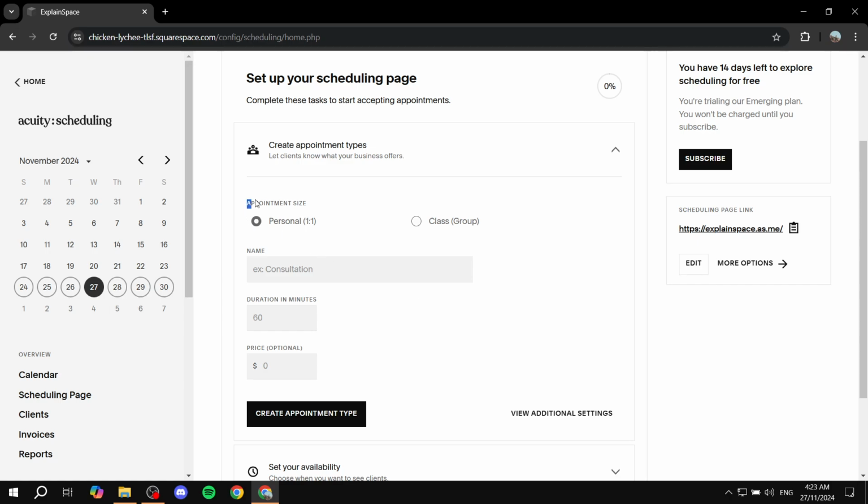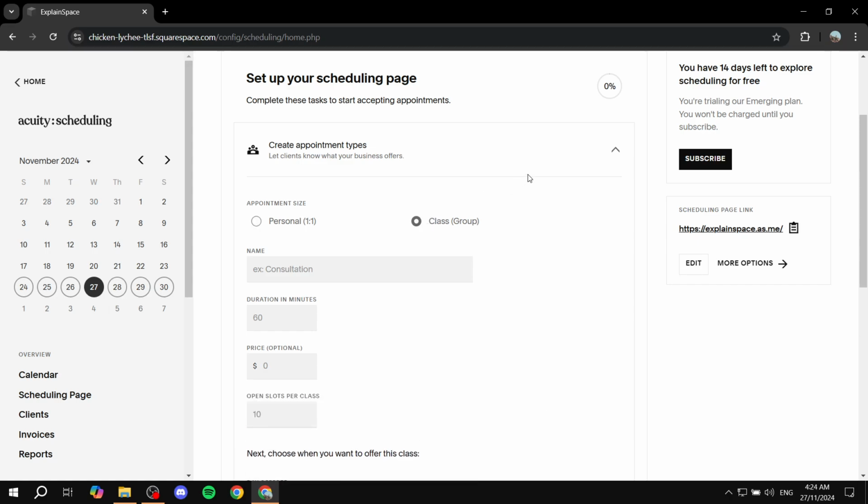So by default, most of the time it's going to be a personal one-on-one appointment where you would want to teach somebody or give them, whatever it may be, a type of service that you're actually offering. But what we want now is for the appointment size to become class or a group, which is going to make things a little bit different. And then you just want to go ahead and give it a name. So I'm just going to name it test group